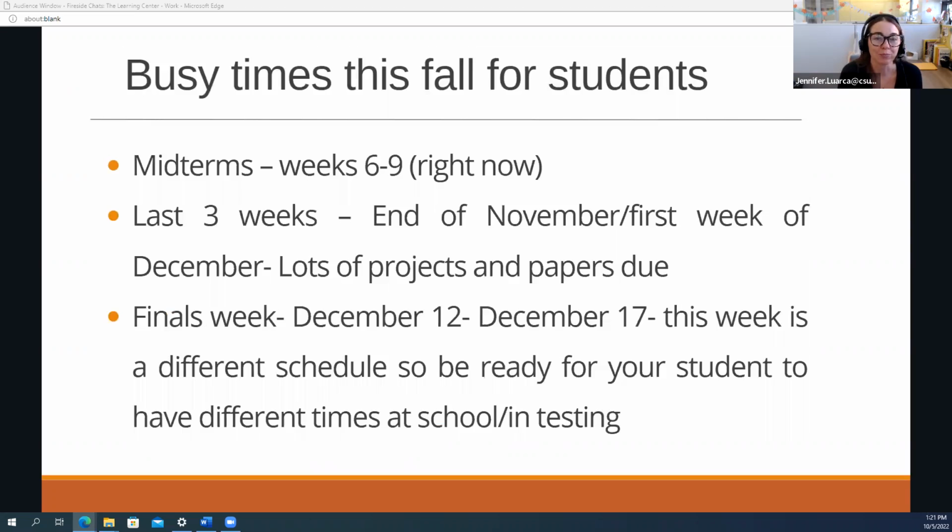And let's see, as promised, our busy times for fall this semester. So we are right in the middle of midterms. We're in week 7, heading into week 8. So this weekend is the exact middle of the semester. But midterms will begin early and they kind of spill over a little later. So this zone right through the middle of October is going to be a high stress time. For some students, it's the first assessment that they've had this semester. So just know that and be supportive if possible.